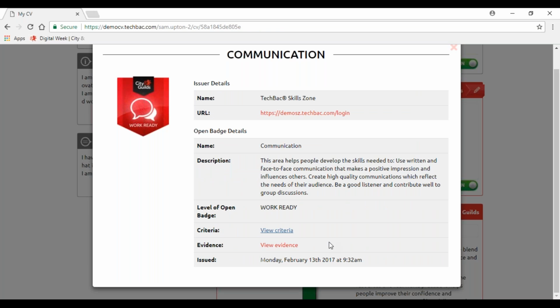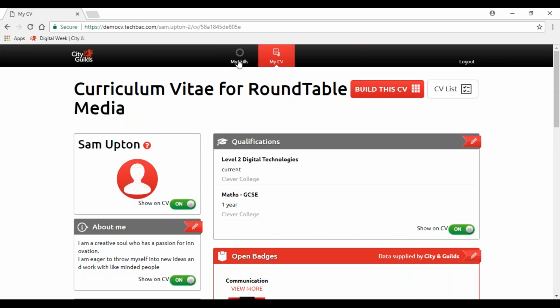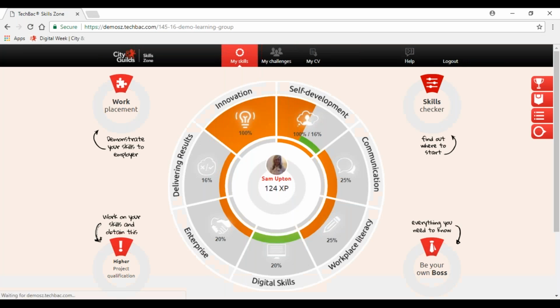Okay. Now you can also view the evidence. The evidence could be things like that. So when the tutor's awarding the badge, they have an opportunity to upload about 4 or 5 different pieces of evidence. That could be an MP4 file, so it could be an audio file, or it could be a Word document. So, for example, just whilst I'm logging into the Tutor platform,